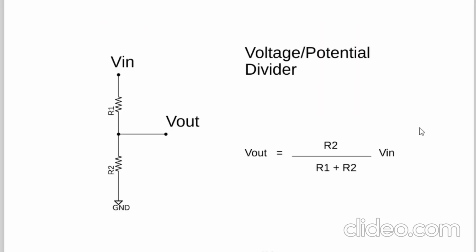Now in this astable multivibrator using op-amp, we are going to use a potential divider circuit. So that's why once again I go for a revision. R1 and R2 are two resistors connected in series. Vin, a DC power supply with respect to ground, is applied. The junction is taken as output and it is V out. The formula is very simple: V out is equal to R2 divided by R1 plus R2 into Vin. R2 is the lower resistor, R1 is the upper resistor.